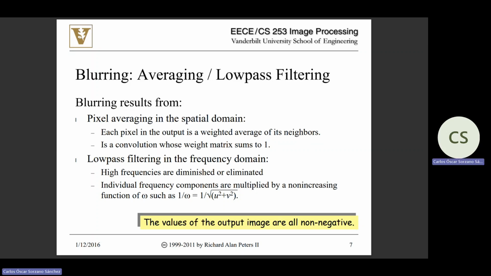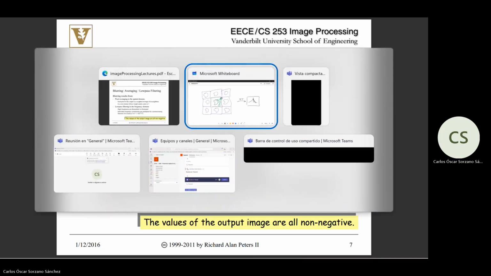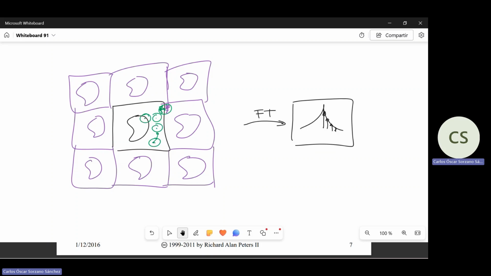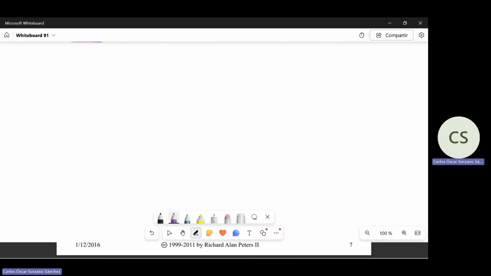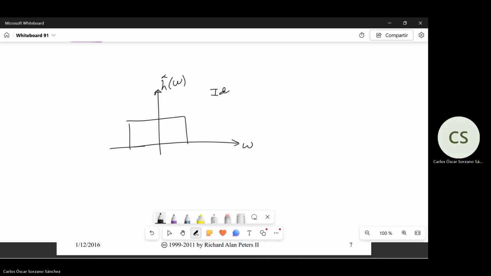So let's do a low pass filter. We can do low pass filters in many ways. So what is a low pass filter? I will do it in 1 dimension because it is what I control easily. So it is one in which the Fourier transform of your filter looks like this. This was called the ideal low pass filter. And you remember that if you do the inverse Fourier transform,